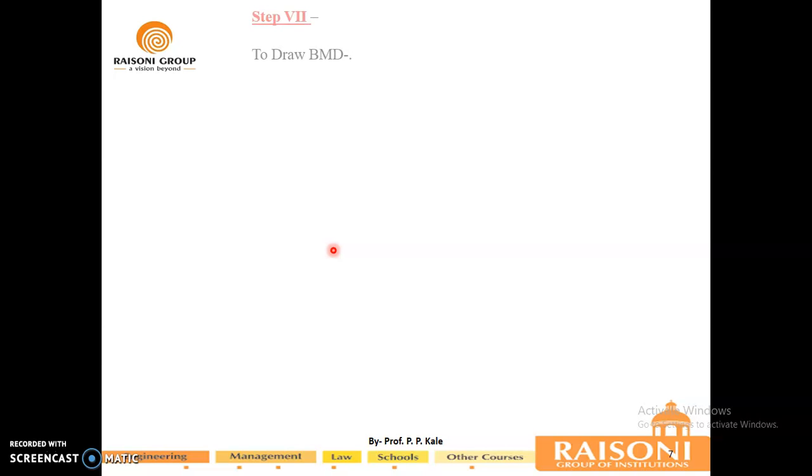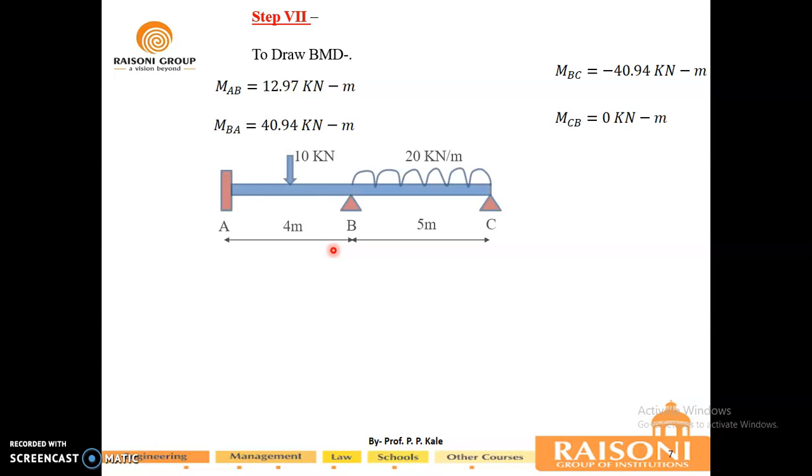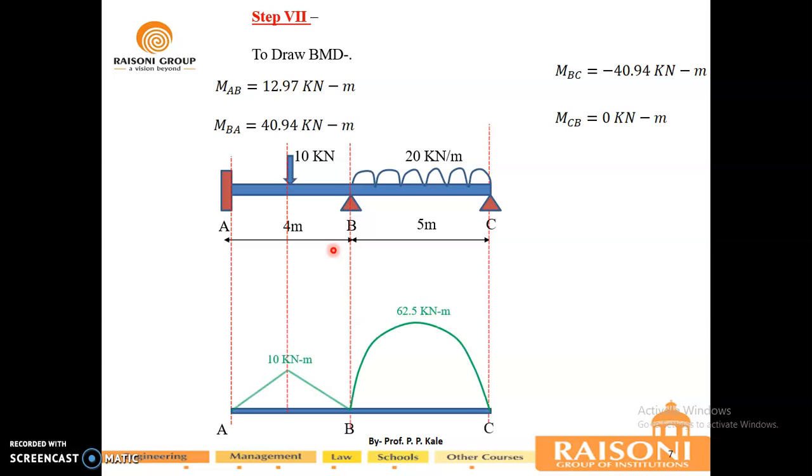Now in our next step we have to draw the BMD. So first of all write down the support moments that you have got. Since C is a simple end support, there will always be a zero moment. The support will not generate any kind of support moment since that is a simple support and it is an end support. So for drawing the BMD, draw the beam, extend down the projections and draw the free BMD.